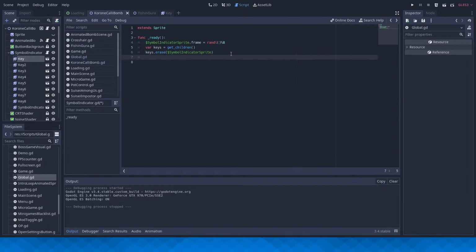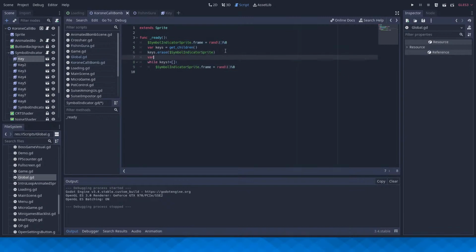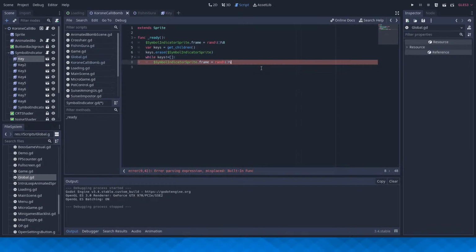And then, while keys is not an empty list, for i equals 0, then i plus equals 1, or I can just use the length of keys for this.